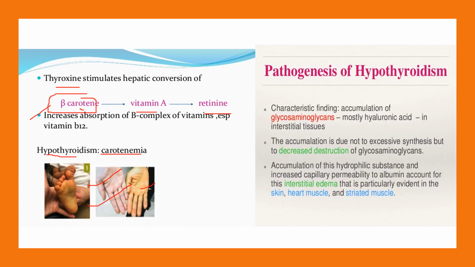Another important function of thyroid, it helps in the metabolism of glycosaminoglycans, and that is mostly the hyaluronic acid. Now in absence of thyroid hormone, this hyaluronic acid will be accumulated. Okay, and this accumulation is not due to excessive synthesis but decreased destruction. And these hydrophilic substances will be accumulated in the interstitial space. They are hydrophilic, so they will draw water, and what happens as a result of this, there will be interstitial